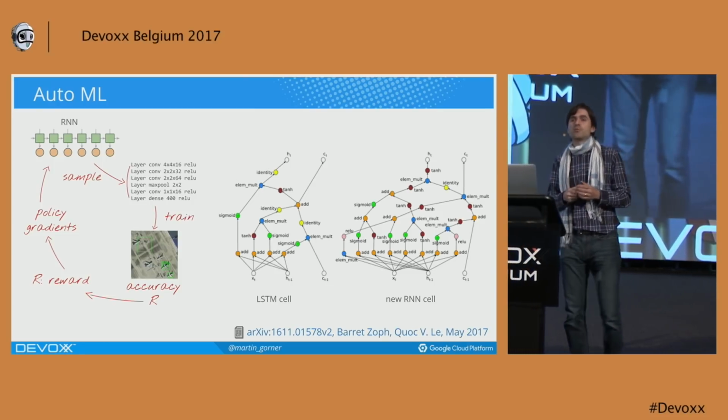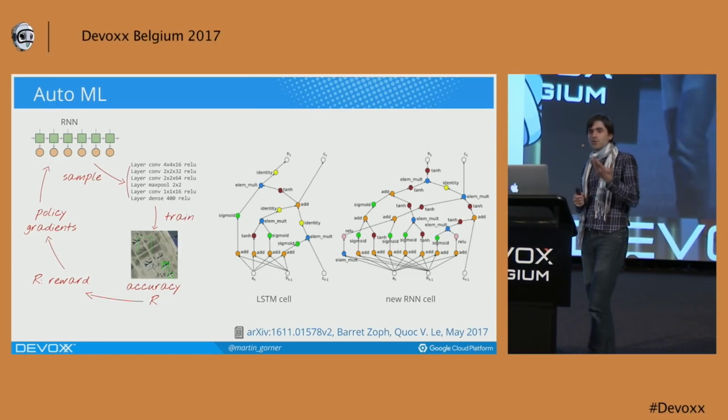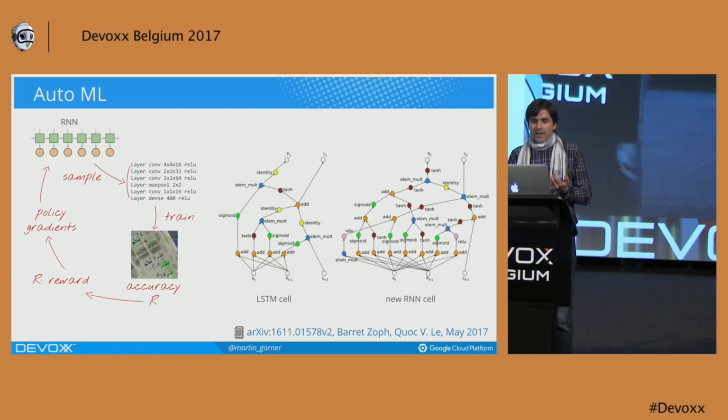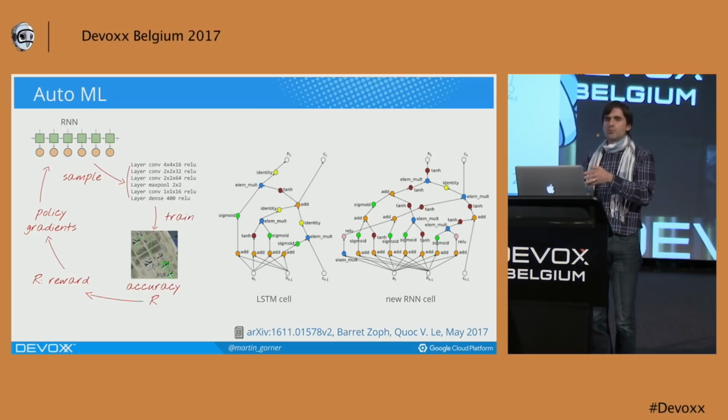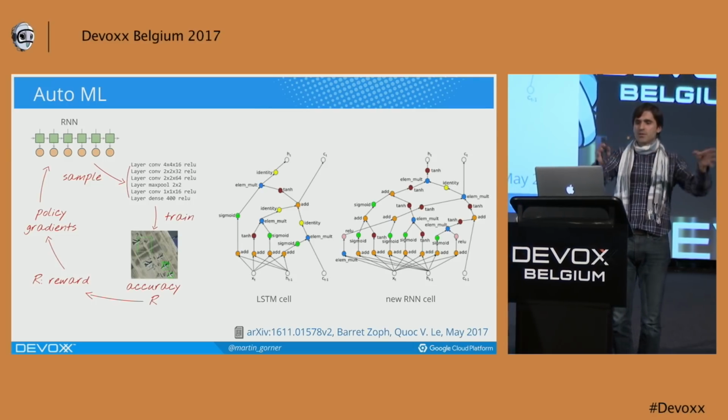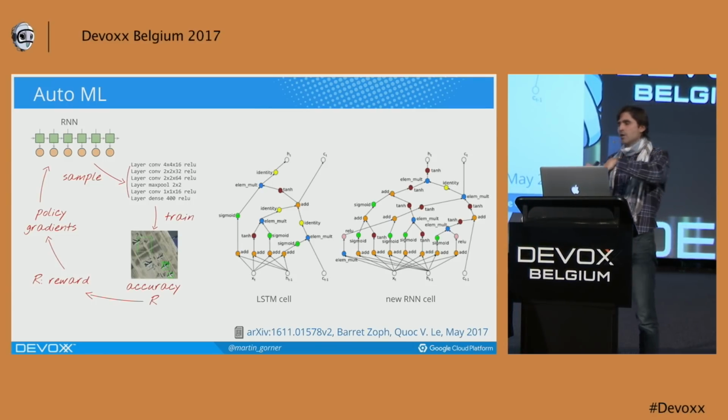This has actually been built at Google. It's called AutoML. And, well, it's still a tool. I mean, you still need a human to program the search space. This will be researching some types of architectures. So you still need someone to specify that. But in the end, you have a system that can devise neural network architectures.